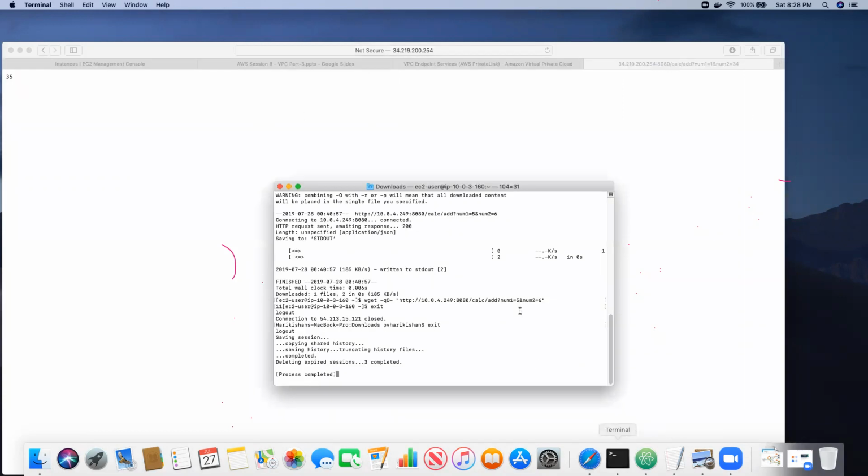So the reason I did a very simple web application is because in this session I don't want to focus too much on the application development. But if you follow the session, you know how, if you have your web application with you, you should be able to deploy your application and launch it, right? So now let me go to the